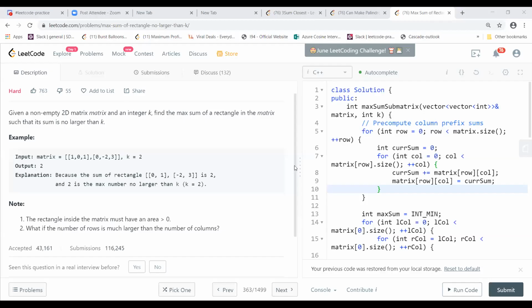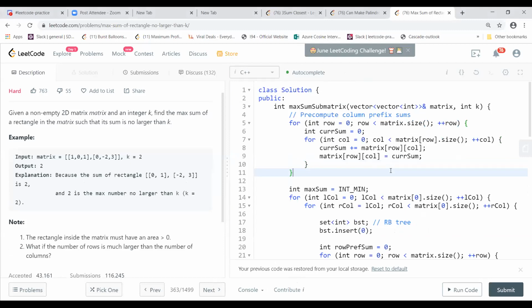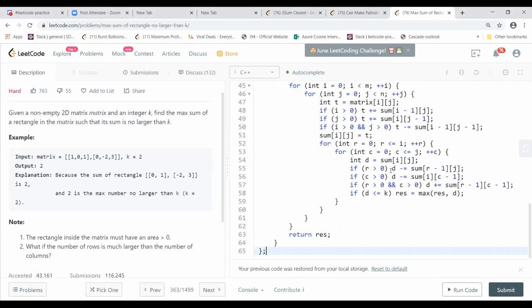So for 1D, you can take a prefix sum and iterate over all i, j, and for every i, j you try to find the sum, and compare whether it is equal to k, or less than or equal to k or something like that. Whenever you find it, you return that number. Okay, I will share the code, so maybe you can explain there, because this is one which I just copied from the discussion forum.